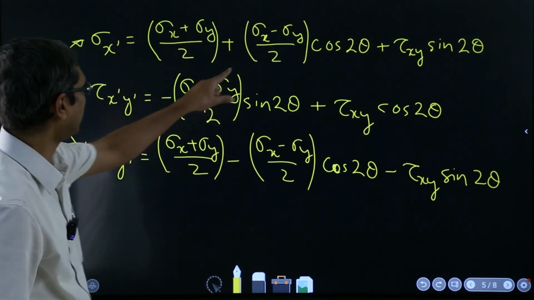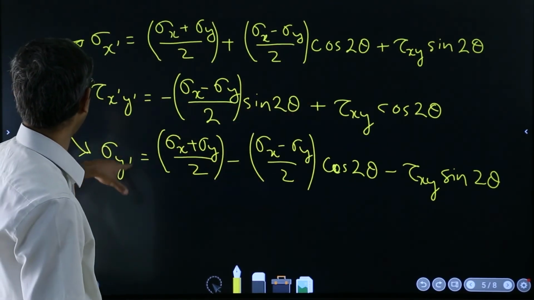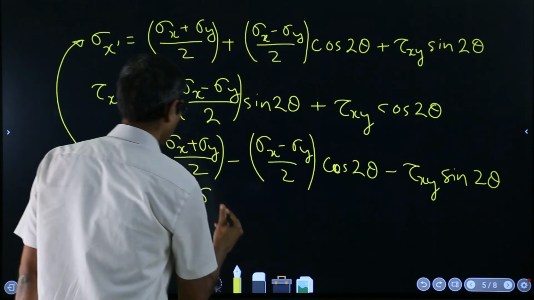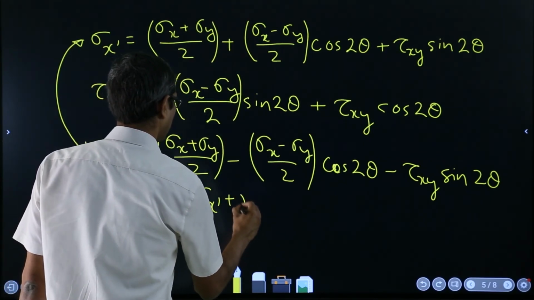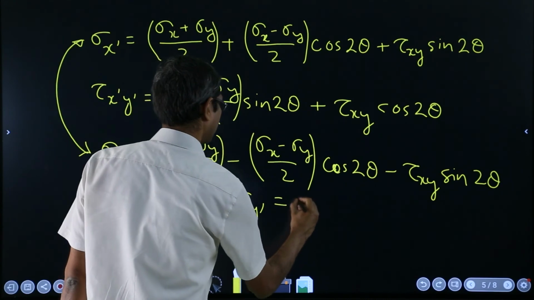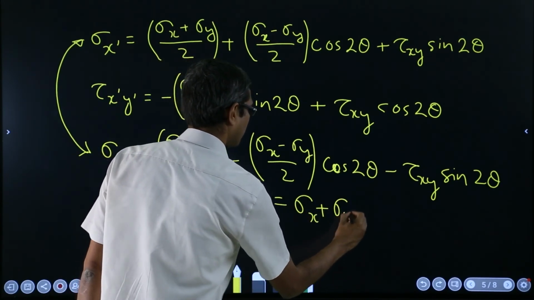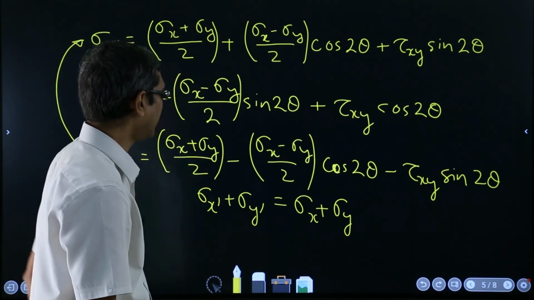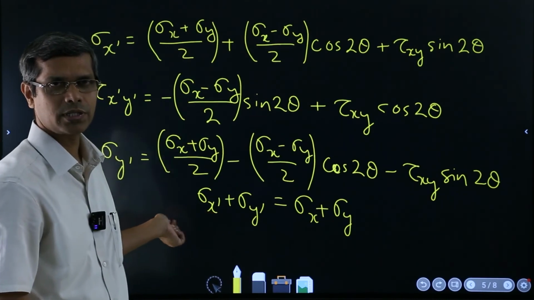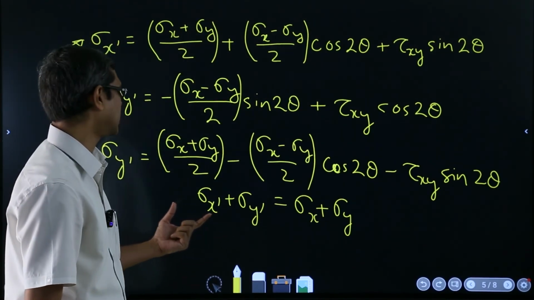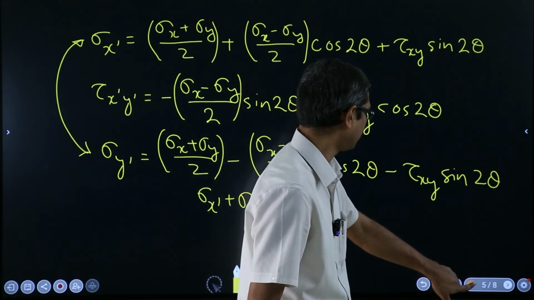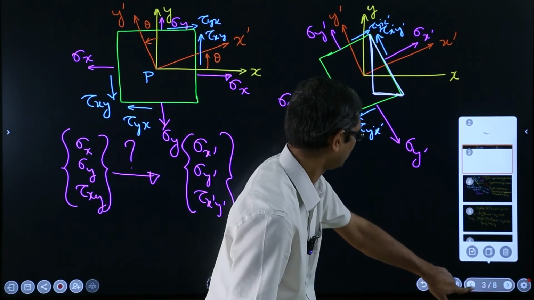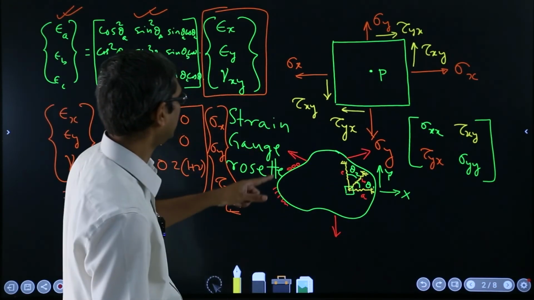So then they will just cancel out, and the relationship will come out to be sigma x primed plus sigma y primed is equal to sigma x plus sigma y, and this is not an incidental thing. It's a very well known fact, which is, if you go back, you know, the stress tensor here,